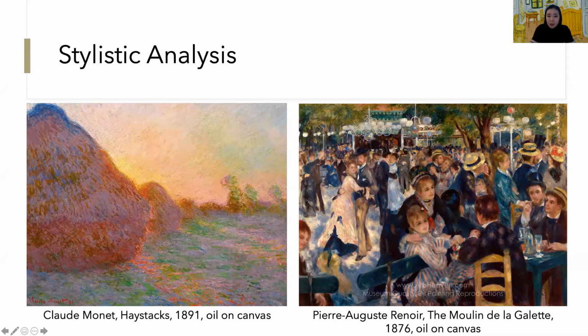I'm talking about the history, the style of the Impressionism, because these artists are using the same style, because they are Renoir and Claude Monet. They are called Impressionist artists. So, Impressionism